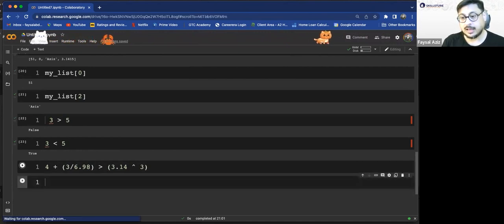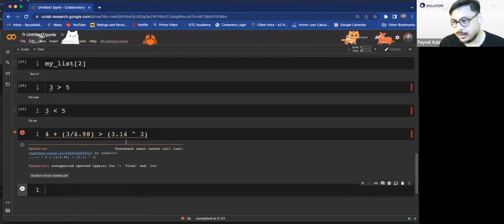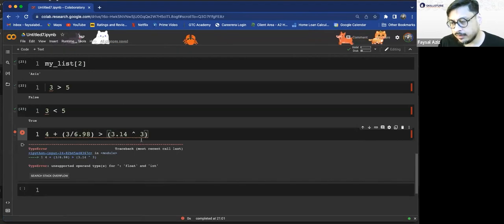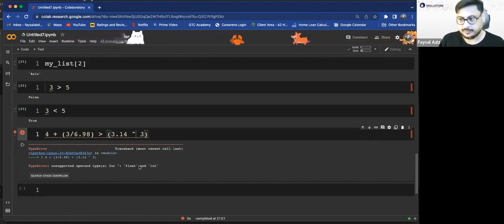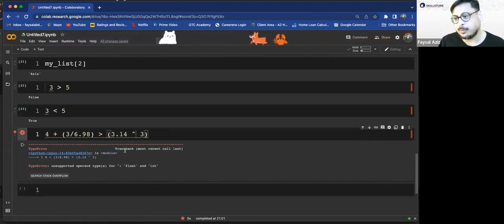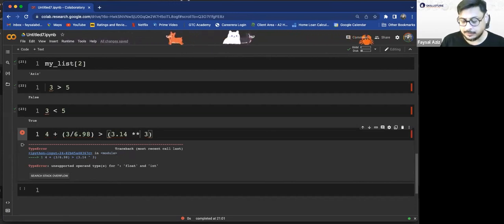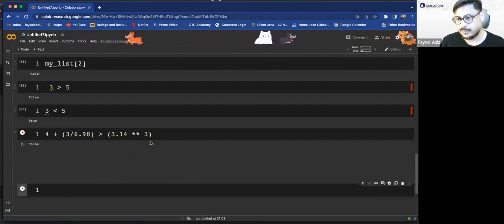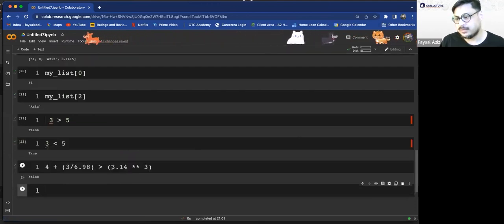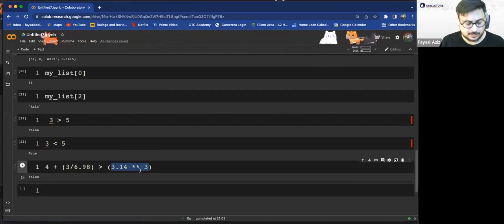Let's see. I don't know the answer. Okay. Here's the problem. Unsupported operand. So sorry, to the power I made a mistake. Sorry. Double star. Okay, false, because this double star means to the power.